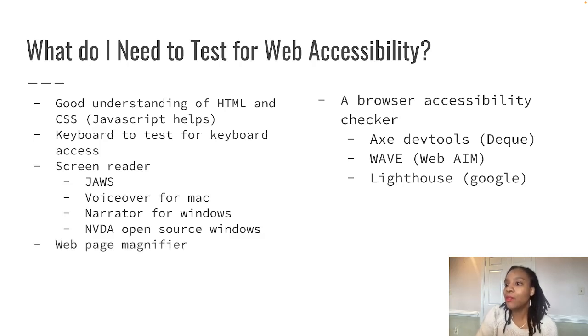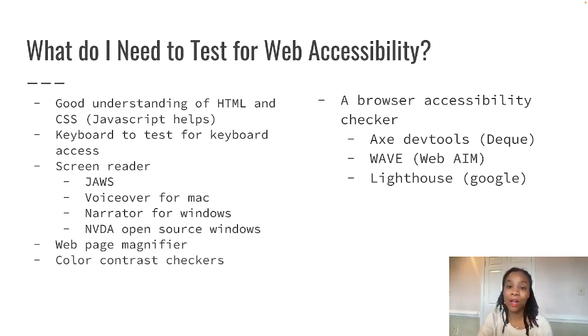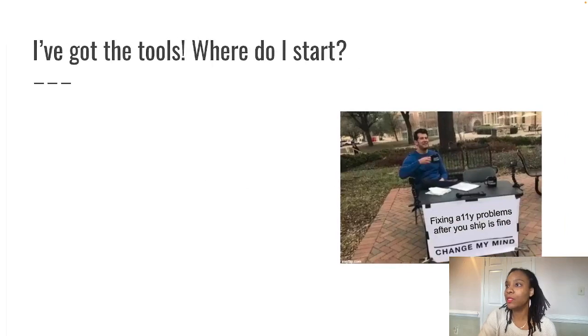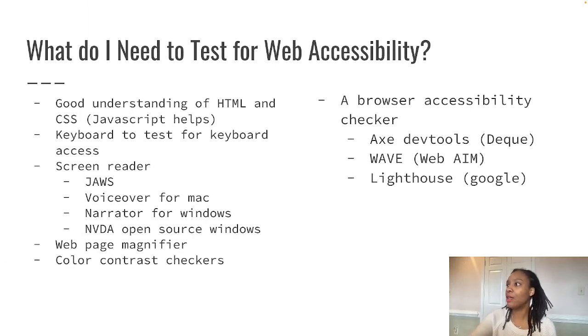Some of the other things that we're going to need is some type of web page magnifier. Usually our browsers have a magnifier in it, and that's fine. We also want to think about some color contrast checkers. And we also want to use some browser accessibility checkers. So the ones that I use are Axe DevTools by Deque. There's also WAVE, which is by WebAIM, and Lighthouse, which comes in Google Chrome. So those are the ones that I like to use, and some of the things that you can use to